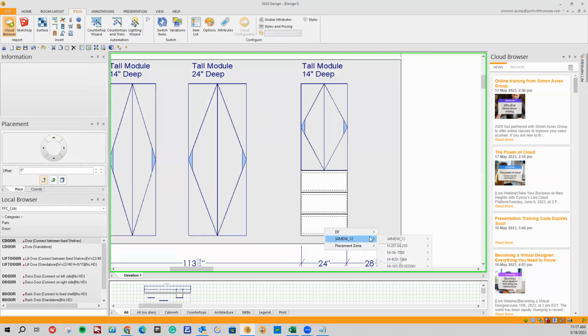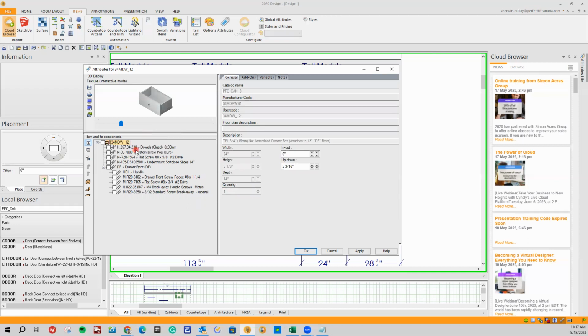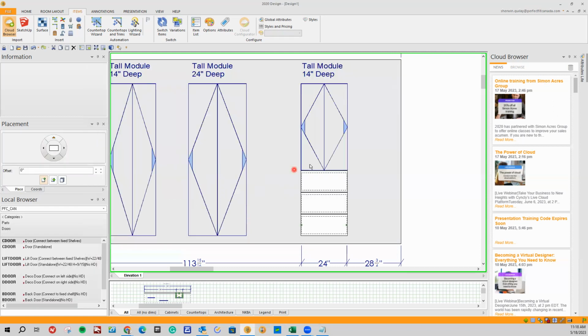One last time for our third drawer box. We're just going to 0 everything once again. Okay, and again, these are all options. If you need screws, you can leave the quantity in there or increase the quantity. Okay, apply and OK. Now, if I right click anywhere off screen and go to show item lists,